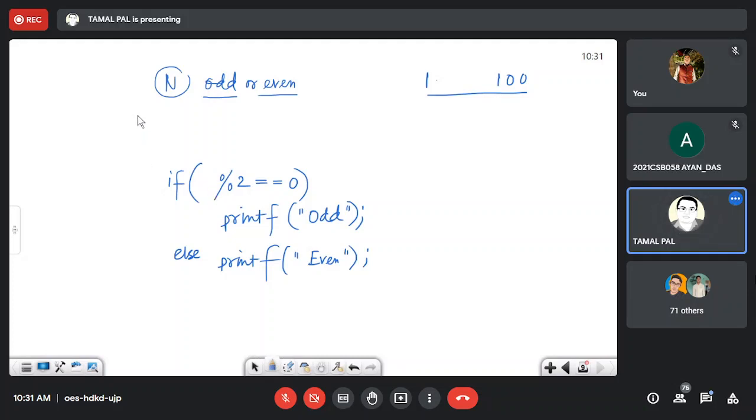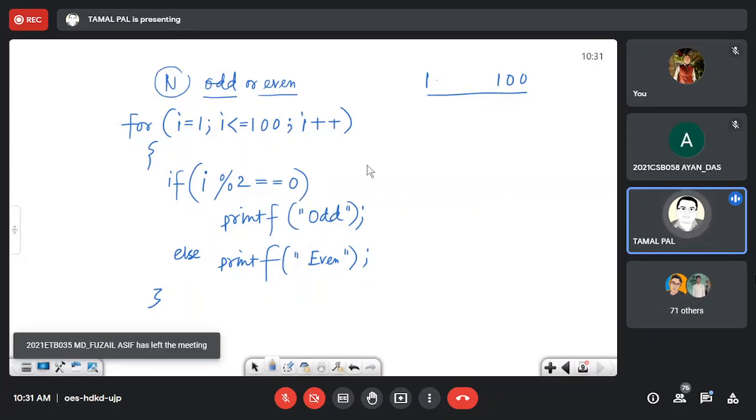We run one loop for 1 to 100, okay, and will test each I. That means I runs from 1 to 100 and we test I if it is equal to 0, and otherwise the other case.